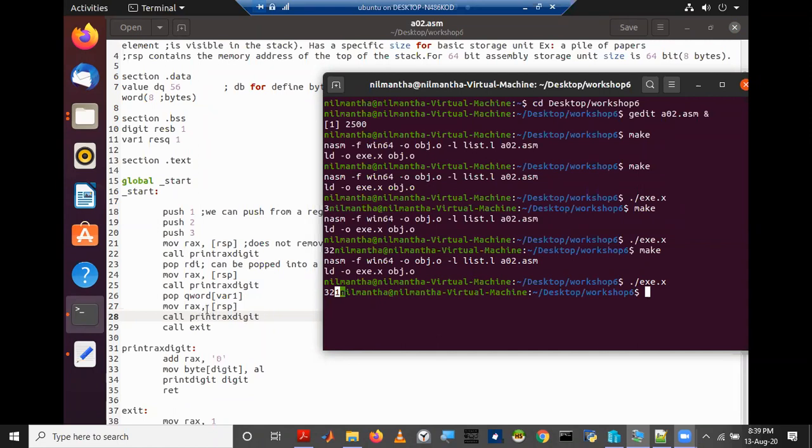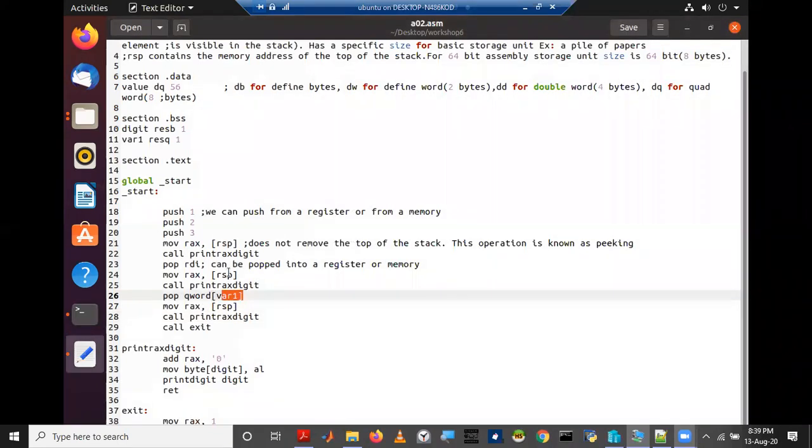Number 3 is in RDI, and number 2 is in variable 1, var1. This number 1 is still in the stack, and we just copied that number 1 and printed it.